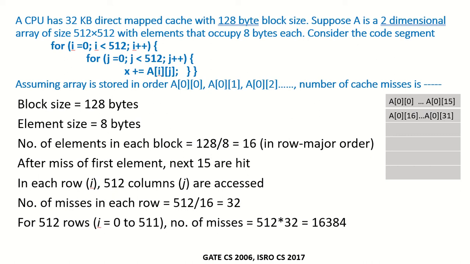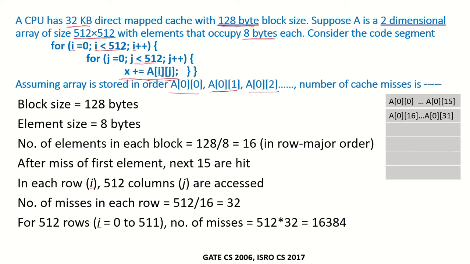A CPU has 32 KB direct mapped cache with 128 byte block size. Suppose A is a two-dimensional array of size 512 by 512 with elements that occupy 8 bytes each. Consider the code segment: for i = 0, i < 512, i++; for j = 0, j < 512, j++; x = x + a[i][j]. So assuming that the array is stored in this order, A00, then A01 and then A02, what will be the